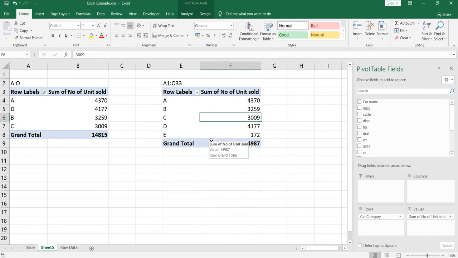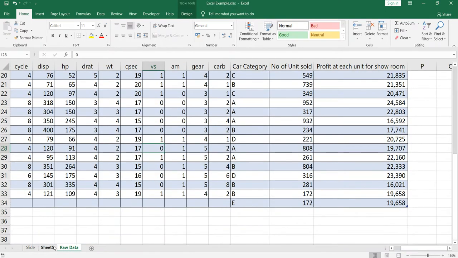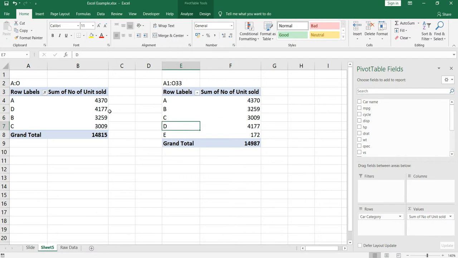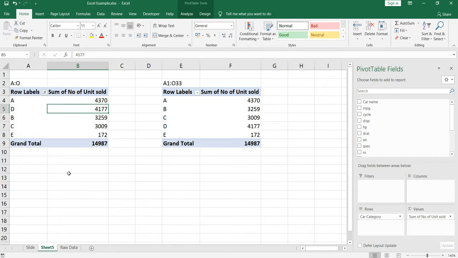The reason behind it is that when we are using this entire data set, it's a table. So when you're using a table, your data set's range increases when your rows increase. The same thing goes here with this one. You need to select E here because we had used the filtration where we selected only A to D. So I selected E.